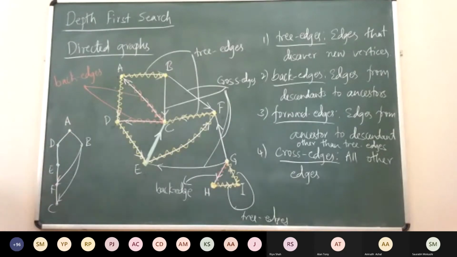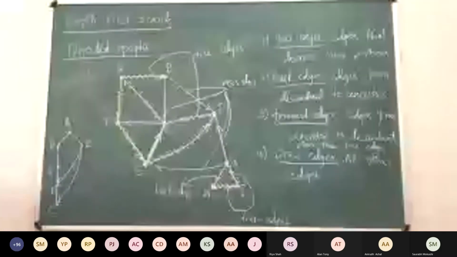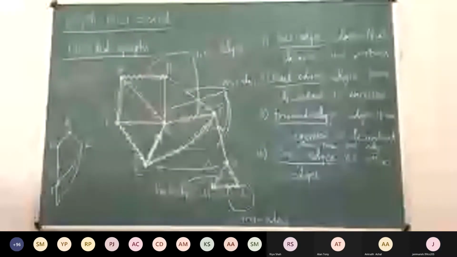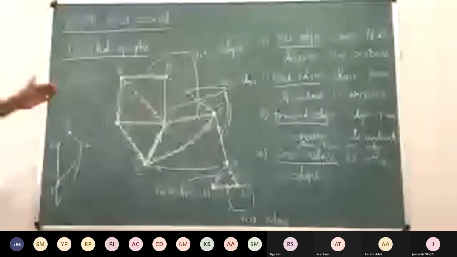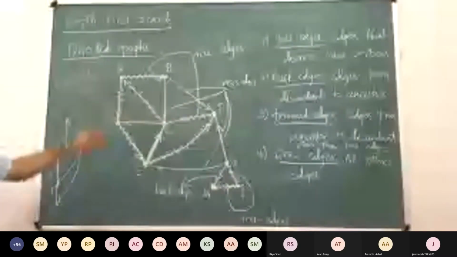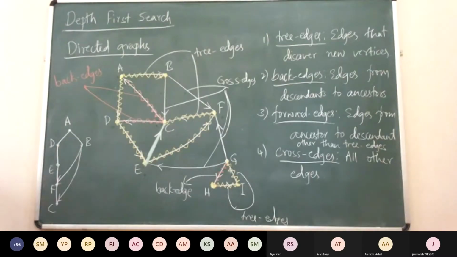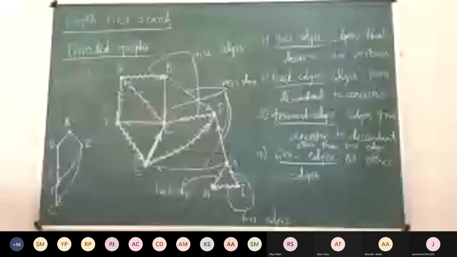Okay, so now is the definition of these edges clear? Yes, sir. Okay, cool. Now let us again notice that we can still have the same code, right? There will be discovery time, there will be finishing time, and things like that. Now let us again come back to some applications with respect to directed graphs.